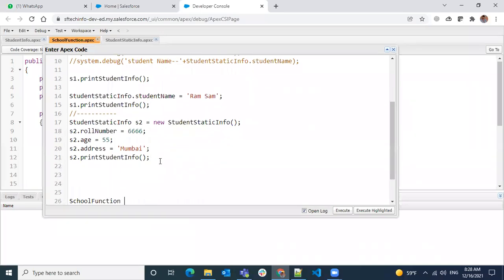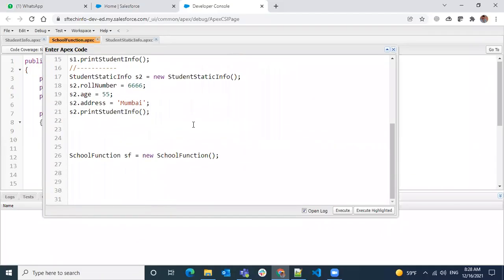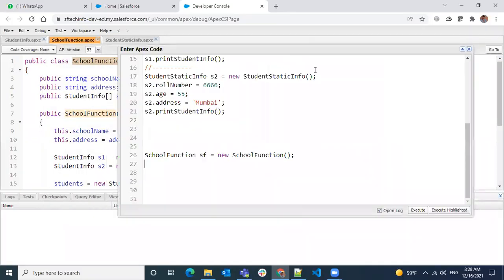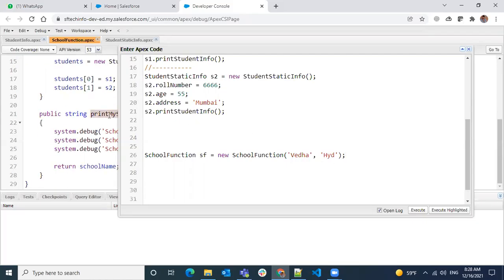So here I have a new class school info, and I'm going to pass a school name and address. And I'm going to use this method, print school name.